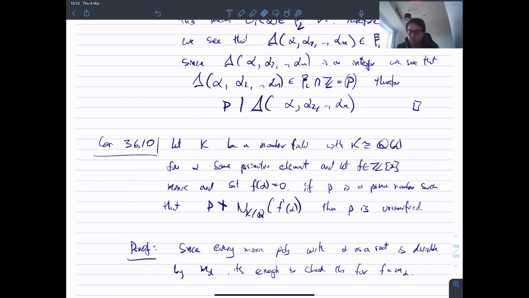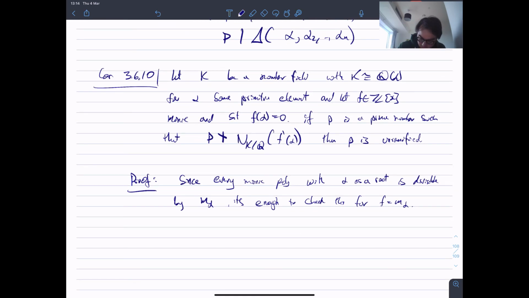Think of it, if f was m of alpha times something else, then it will just come out in the norm. So you'll have the norm of f'(alpha), but there'll just be a product of two things. So just have a think about it, and you'll see why it's the case. So I might as well just take f to be my m of alpha, but then